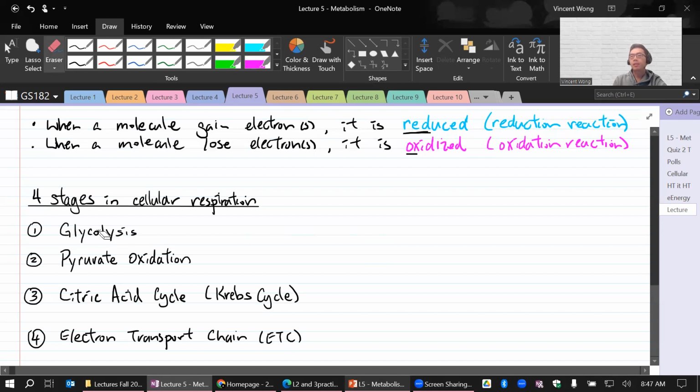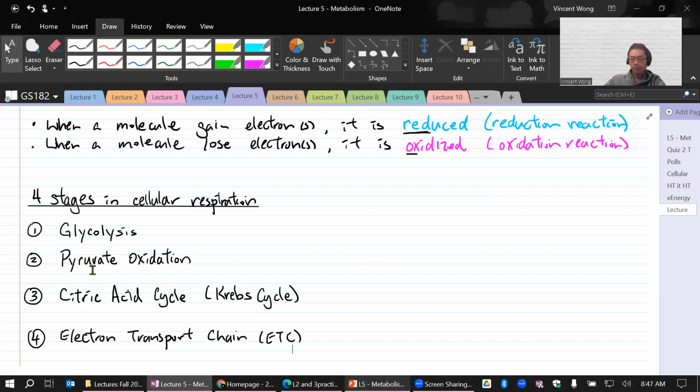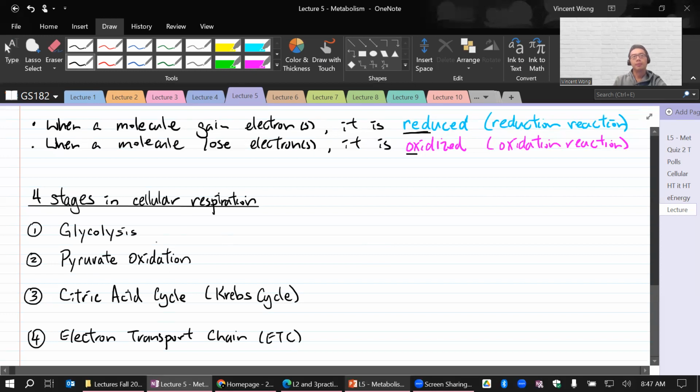So briefly, glycolysis. Glyco means glucose. Does anybody remember what lysis means? We learned that last class with the cell and everything. Lysis. What does it mean? No? That's okay. Lysis means to break. So glycolysis is to break the glucose molecule. All right. So we're going to break glucose into half, and then we're going to process it in the next